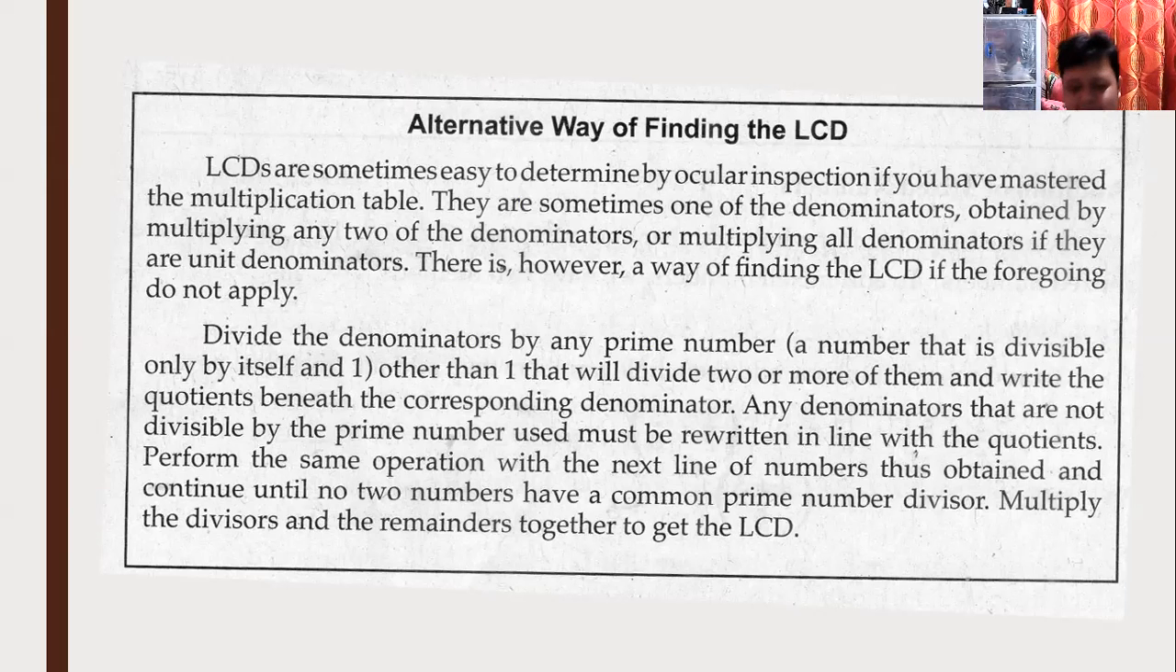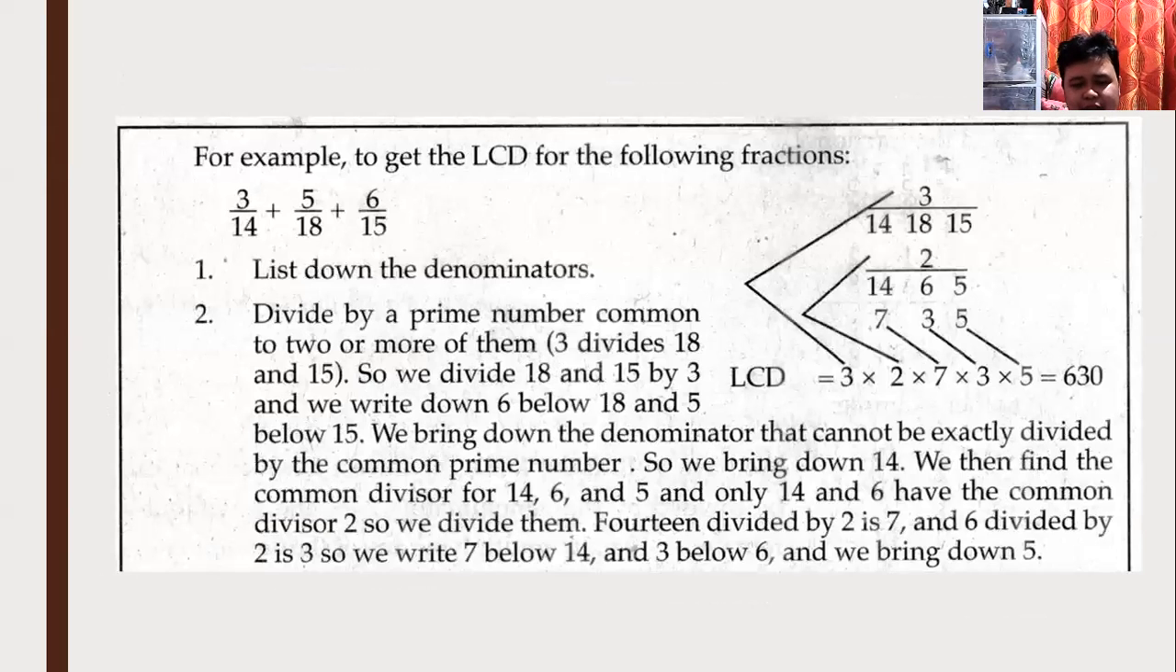So, this is how the computation goes. For example, we have the computation 3 over 14 plus 5 over 18 plus 6 over 15. First, list down all the denominators, as you can see on the right side of the screen: 14, 18, and 15. Now, divide by a prime number common to two or more of them. So, 3